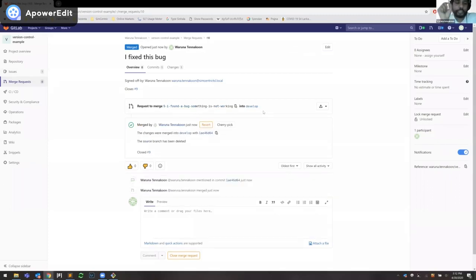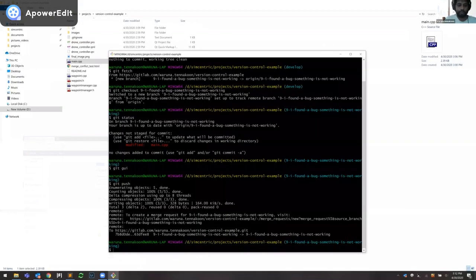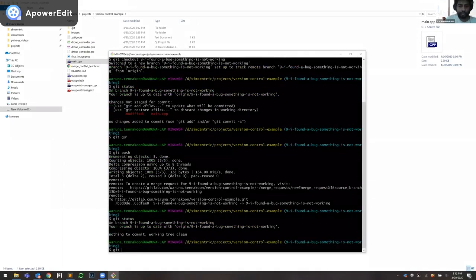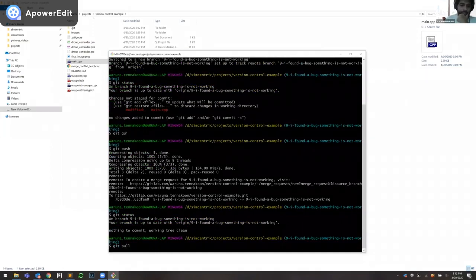Okay. Since I pushed the commit to the remote repository, I have done two things. I have created the merge request, and I have actually merged the code onto the develop branch. But in the local repository, the merging part is still not updated. So how to do that? Let's go back to this, and I can update my repository. Let me type git status again just in case. Okay, and I can type git pull. Pulling means you are pulling from the remote branch.